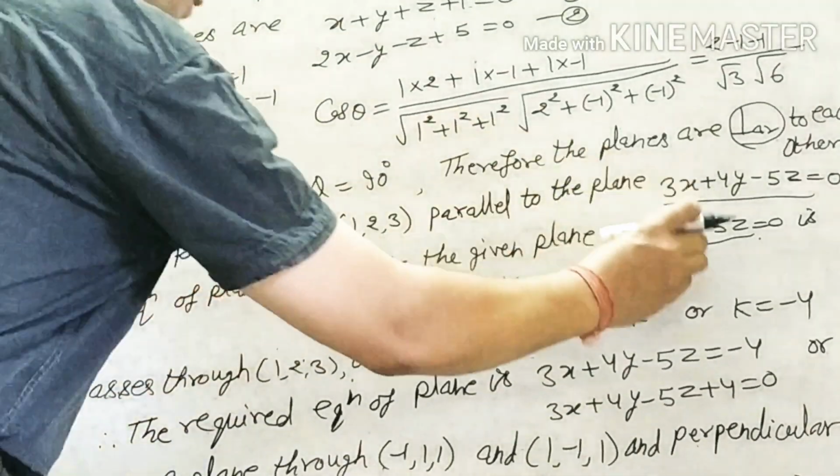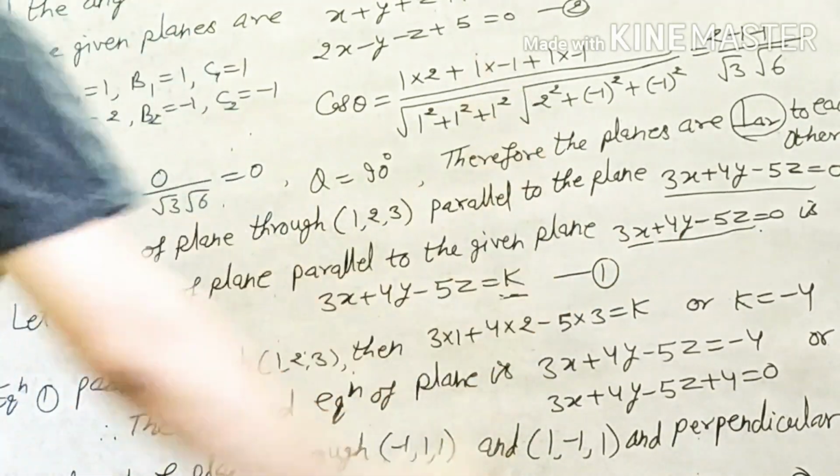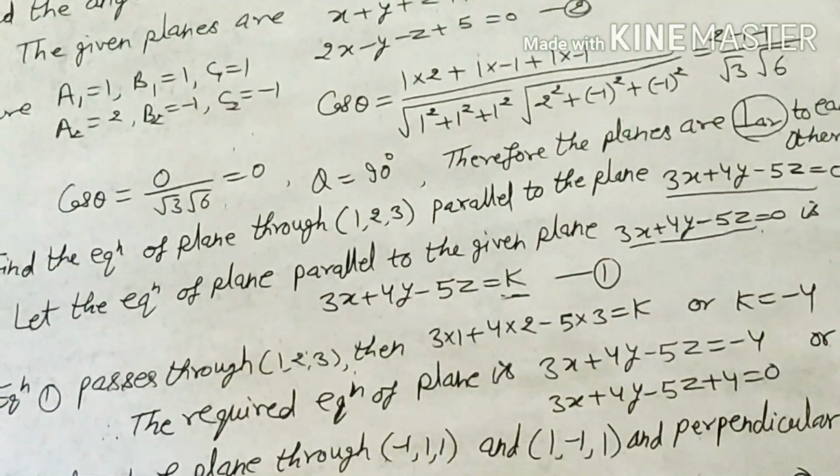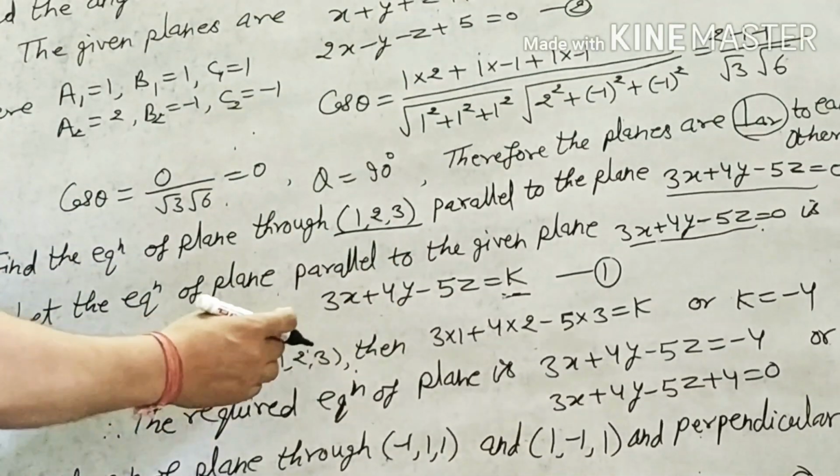The equation of a plane parallel to this plane has the coefficients of x, y, z remaining the same. Only this constant, the distance term, will be changed. So equation 1 passes through 1, 2, 3, as it is given. So for the equation of the plane passing through 1, 2, 3,